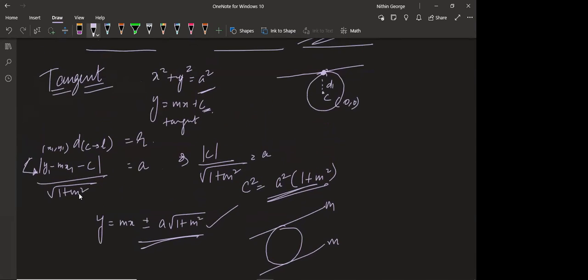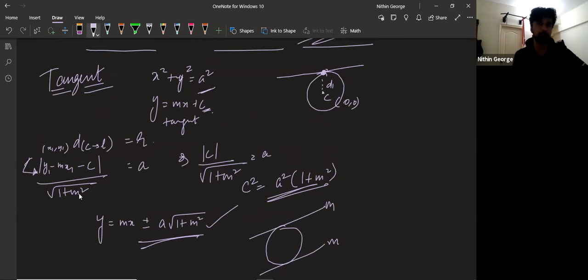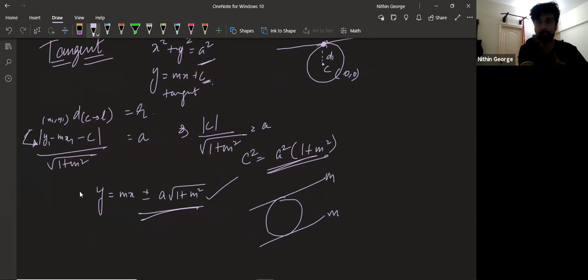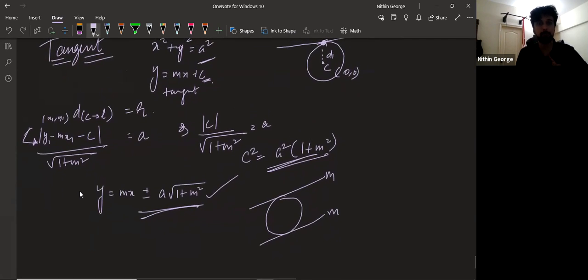So this is the actual way of taking care of the circle. But for the rest of the conic sections, I'm mentioning it now itself, what you do is you write the equation of the circle as x square plus y square equal to a square. Now y square is mx plus c the whole square. I'm solving the line and the circle. So when I solve for both, I should get one solution. Are you following?